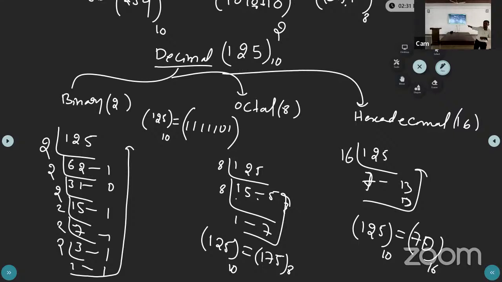Decimal to octal means divided with 8. So when we convert decimal to binary, to convert binary back to decimal you can multiply with 2 to the powers. And similarly, 8 powers you can multiply, and 16 powers you can multiply, and you will get the decimal values. And addition is the opposite of subtraction in mathematics. Right? So now